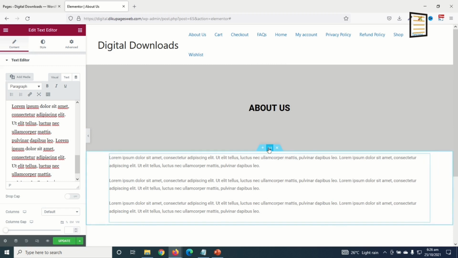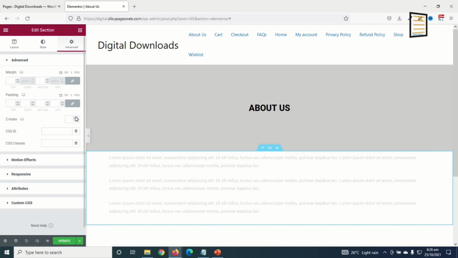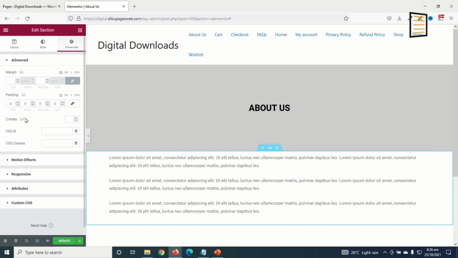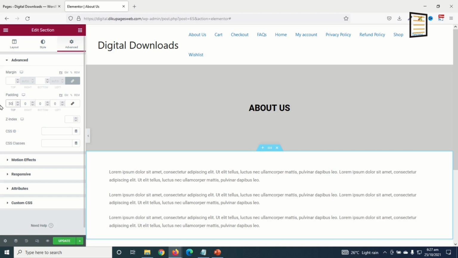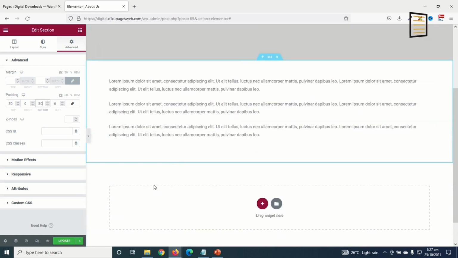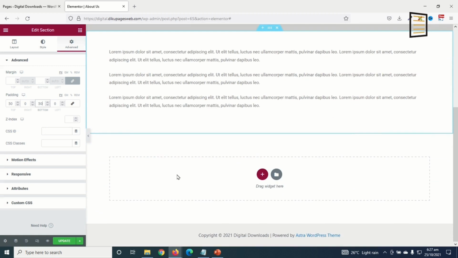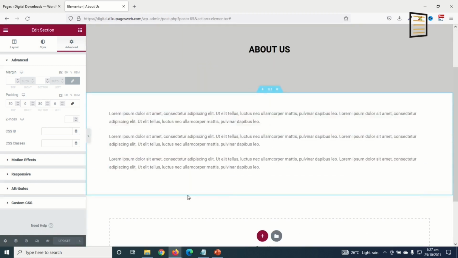I'll go to edit section to create some spacing up here, advanced, and link the values and the padding. Top, I make it 50, then bottom 50, so that I'll have space at top and bottom. So I'll just keep my about page simple, then I go ahead and update. So my about page is done, as simple as that.